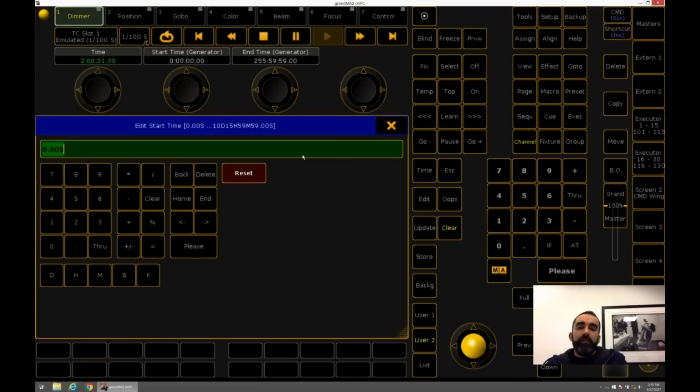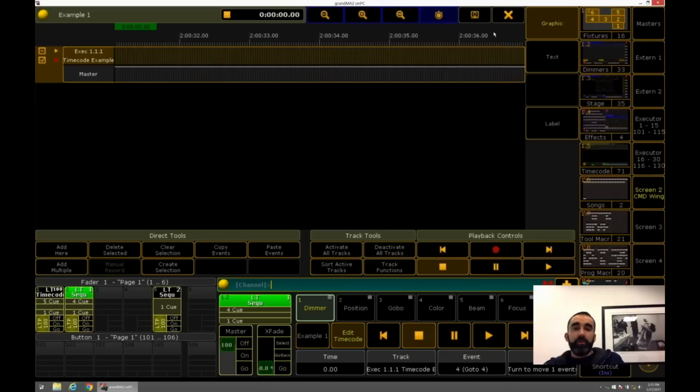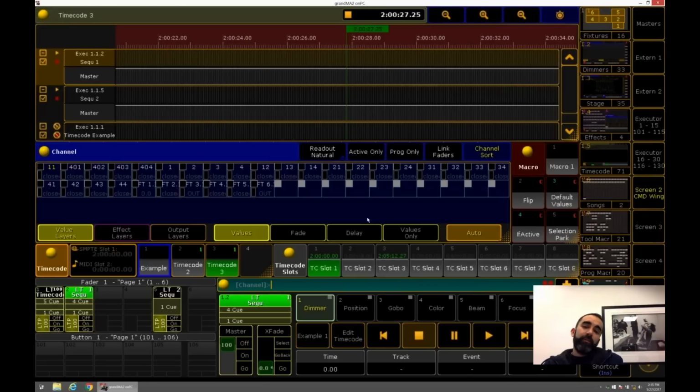By default, it's at 0. If I want it to start at 2 hours every time, I can just set the start point. So when I rewind, it's always starting at 2 hours. And then when I bring the external signal in, it takes control and I get the different symbol. So you see this is like the actual SMPTE real symbol. Whereas if I hit go, I get locally generated, and then you have the internal per show. So you got 3 different options.